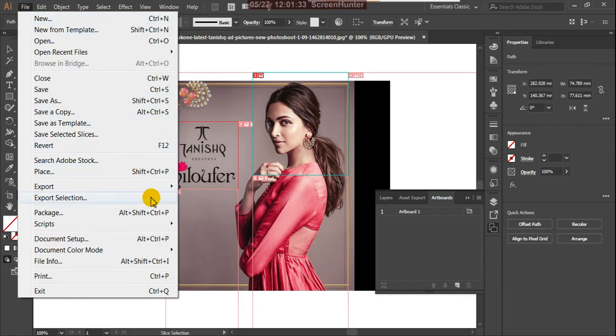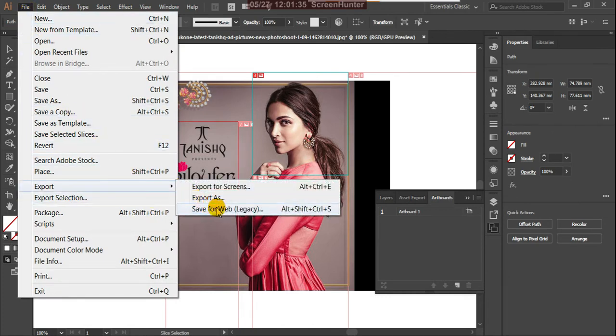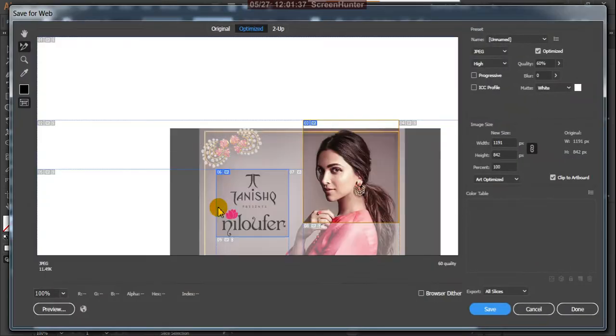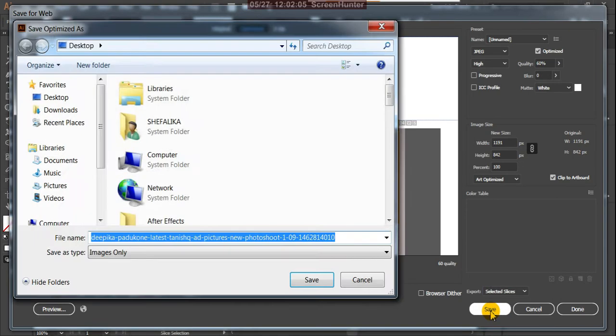Suppose here export, save for web, because see these two. Suppose here JPEG high option, so white, it's okay. Save. Selected slices only, because I selected two slices, and save.